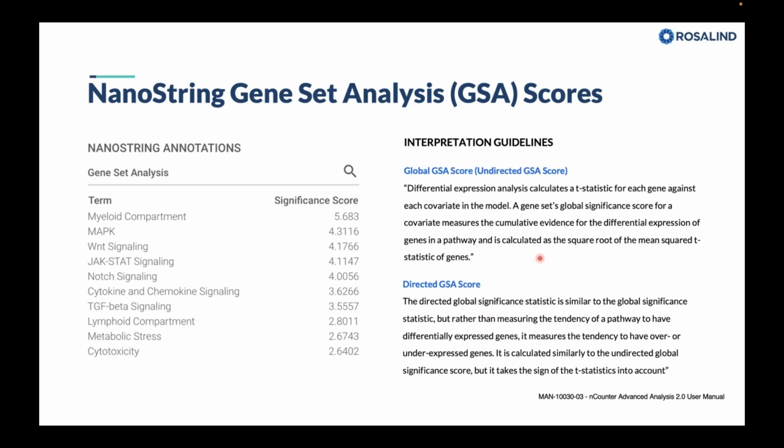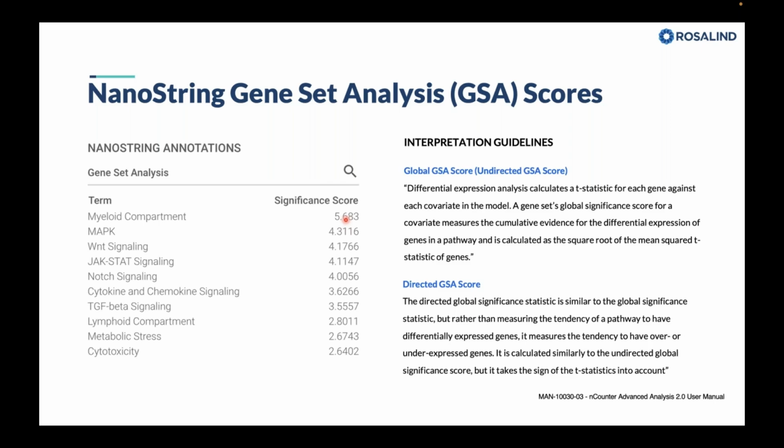On the right-hand side, these are excerpts from the manual, the advanced analysis manual from NSolver, that describes these pathways, how they're calculated and what they mean. I know that not everyone reads the manuals, so I wanted to pull this information and put it on this slide, and let's talk about this and then break it down so we can have a full understanding of what these scores mean. Because at face value, these really don't have any meaning by themselves. There's no p-value associated with them. It's really hard to interpret.